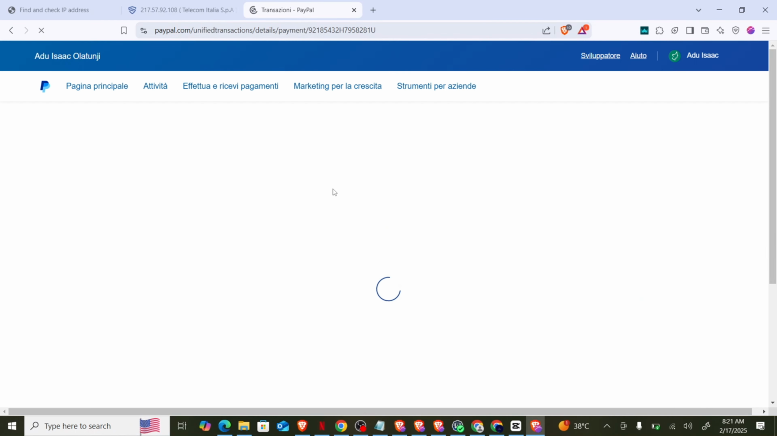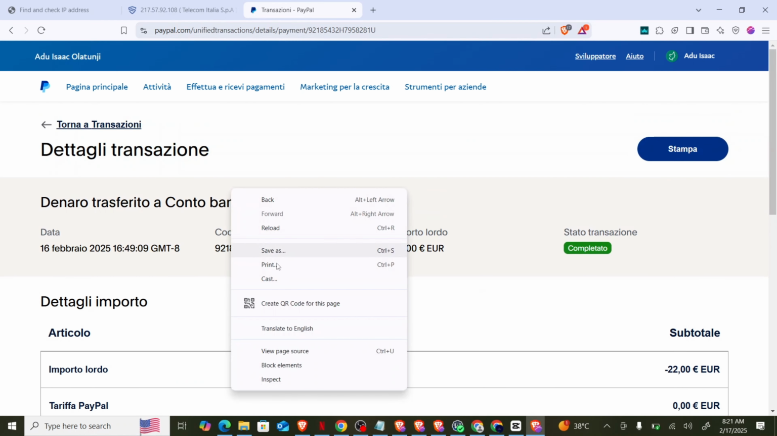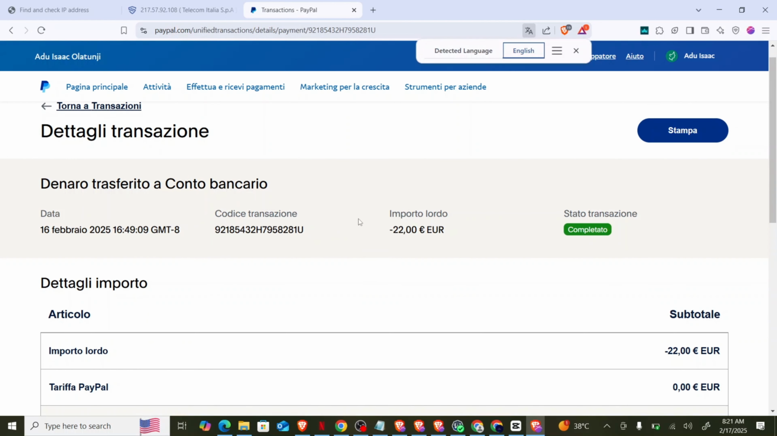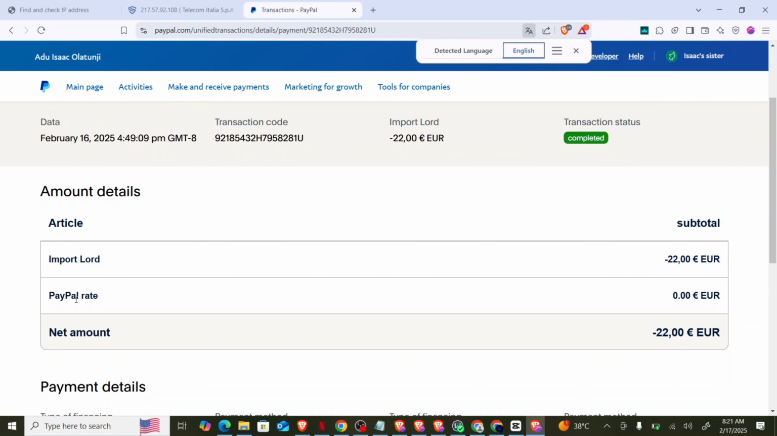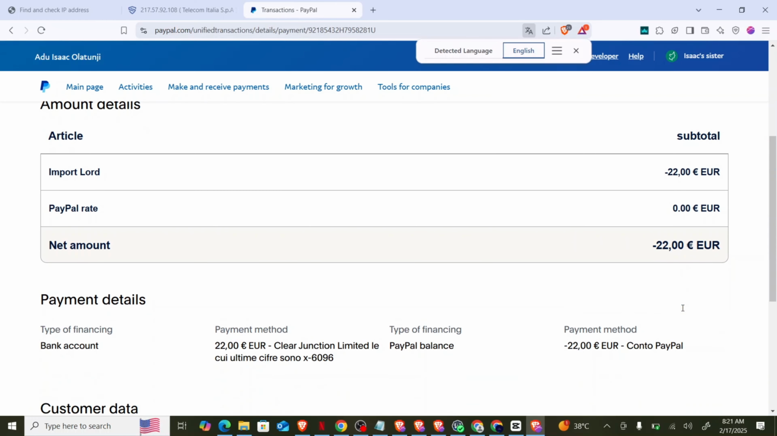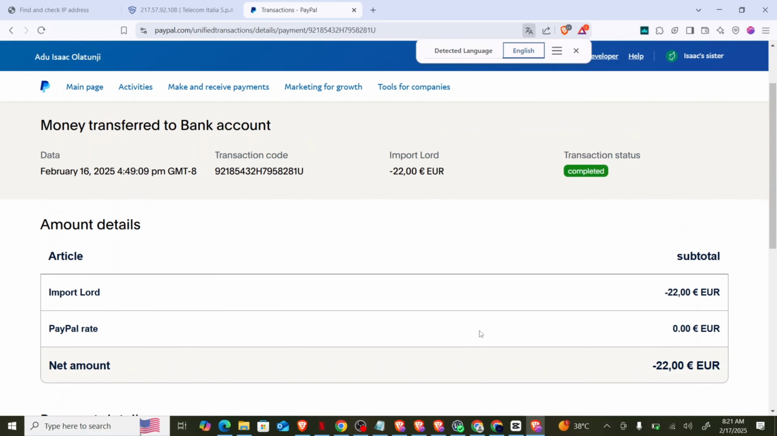So I'm trying to load it up so that you can be able to view the receipt of the payment. You can see that, yeah, let me translate to English. So immediately I translate to English, okay, yeah, so that you can be able to see what I'm saying easily. So now you can see that I sent the payment February 16th. You can see that the net amount I withdrew, 22 euro straight, from my PayPal balance, and I sent it over to my bank account, ending with